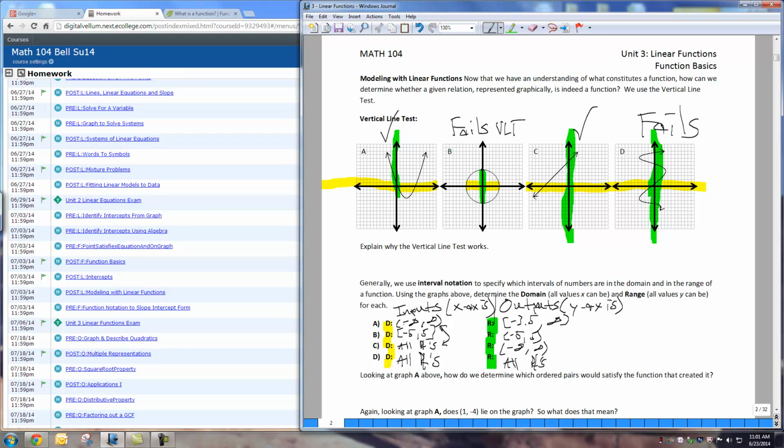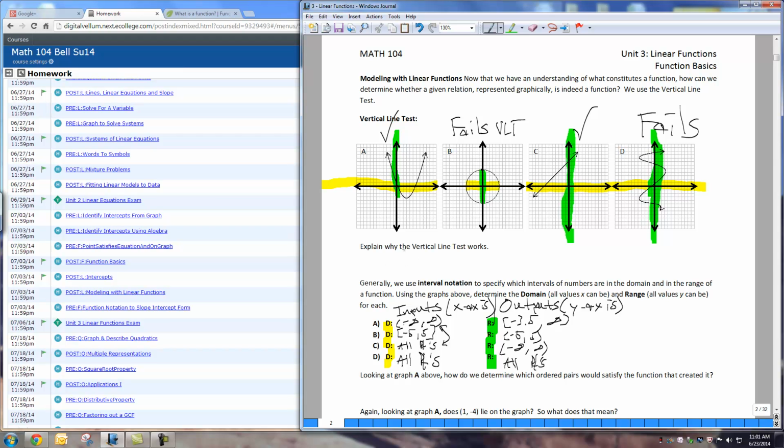Graph C is a line. This is a linear function. All lines, when you don't have an application attached to it, when it's just simply the function itself, the domain and the range are always all real numbers. They're always negative infinity to infinity. Notice I have parentheses anywhere I have infinity symbols, and I have brackets anywhere I have a number because the